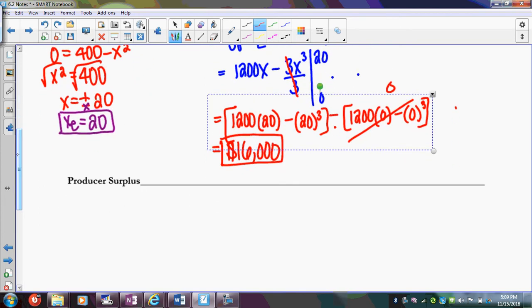So let's go ahead and look at the producer surplus. So this is benefiting the producer now. So producer surplus is the difference between the total amount the consumers actually spend for something and the total amount that the producers were willing to accept. So it's the extra money that the producers are getting from the consumer. So consumers are spending more than what the producers were willing to accept for the item. So this is the difference